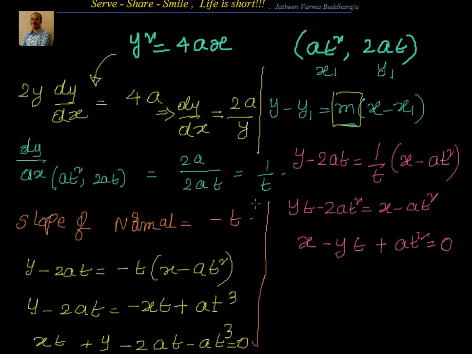Now once we know the slope of the tangent, we can substitute in the point slope form and you will get your equation. If you want to know the slope of the normal, you know the slope of the tangent. The negative reciprocal of the slope of the tangent is the slope of the normal, because tangent and normal are perpendicular to each other, and we know that if two lines are perpendicular, then the product of their slopes is always minus 1. So leveraging that, putting it into point slope form, y minus y1 equal to m into x minus x1, we got the equation of tangent and normal.